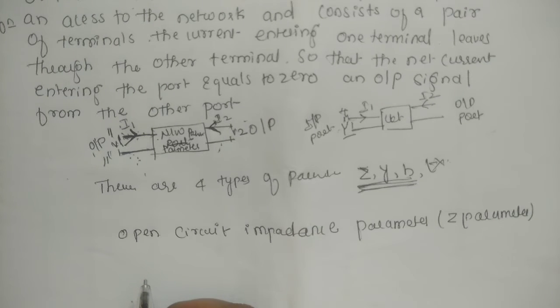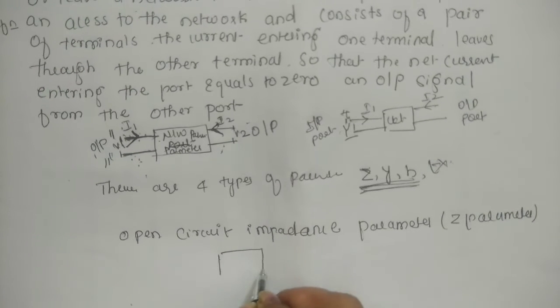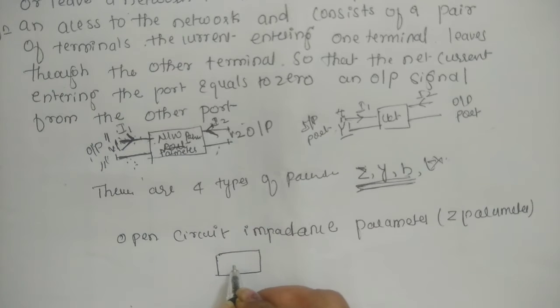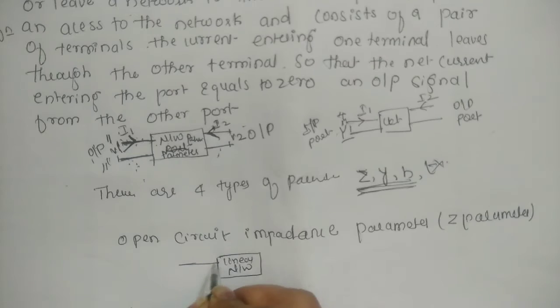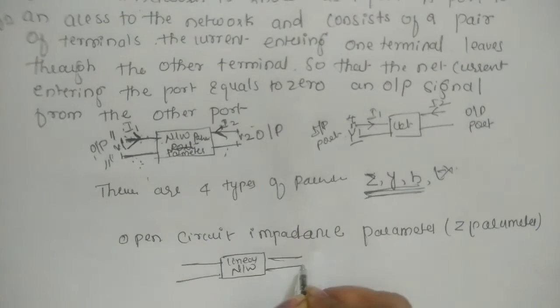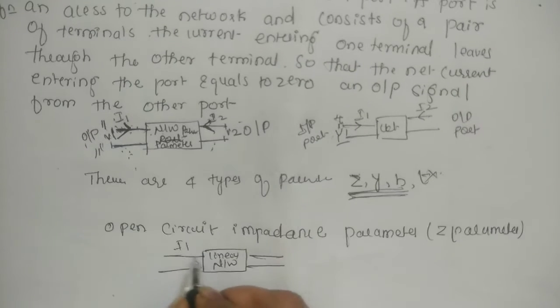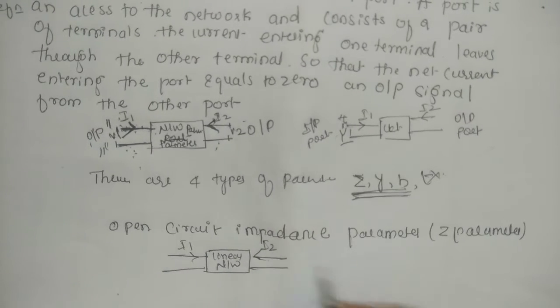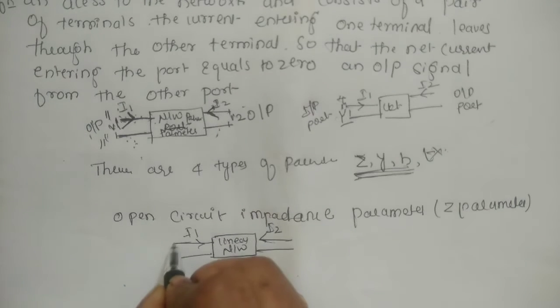Let us assume that the two-port network is shown in the figure. Let us assume that. Now here is a linear network. This one is a linear network, right? These are the two-port network we are using. Two ports are there, for the input. I1 is the input current and I2 is the output current. Correct. V1 is a voltage, positive, negative.